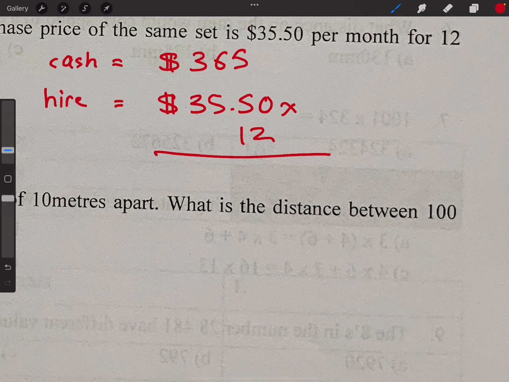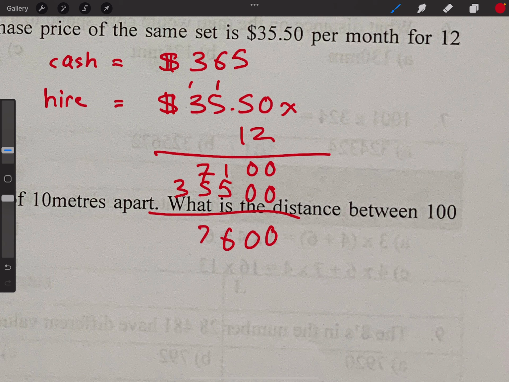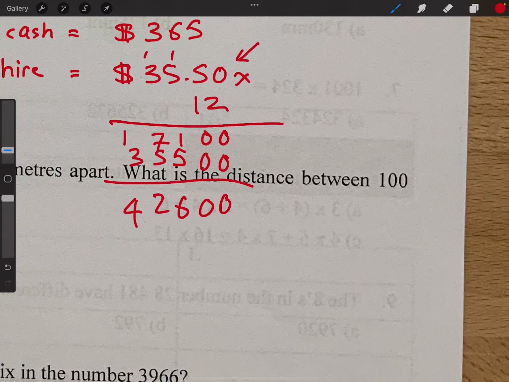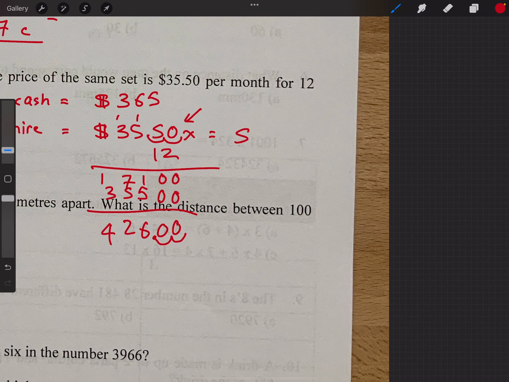Alright, let's work this out. 2 times 0 is 0, 2 times 5 is 10, 2 times 5 is 10 plus 1 is 11, 2 times 3 is 6 plus 1 is 7. Magical 0. 1 times 0 is 0, 1 times 5 is 5, 5 and 3. Add them up, you get 0, 0, 6, 12 and 4. Where's the decimal place? This one has 2. We moved it 1, 2 to the right, so move it left 2, 1, 1, 2. So the answer is this will cost you altogether